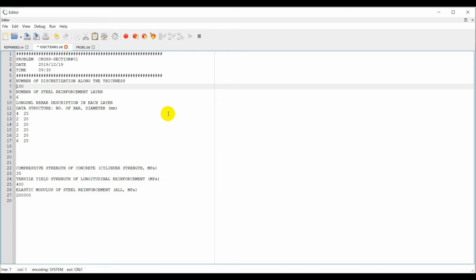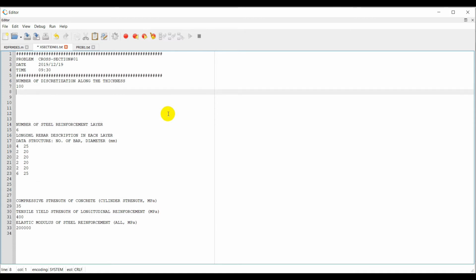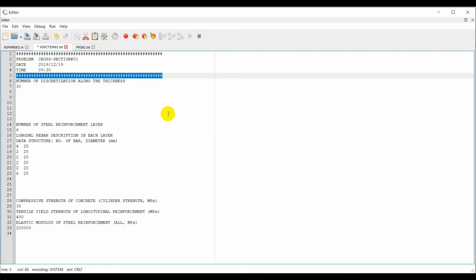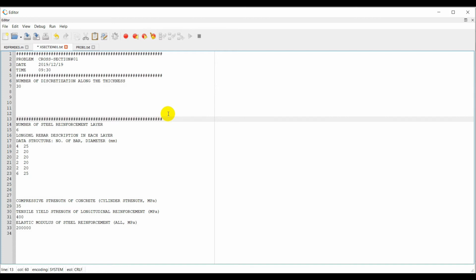headed for you. The point is, should we just list it down here? Yeah, I think it should be like that. So we list it down here. I make it 20 or 30. We can generate these parameters, this description in Excel, and then copy and paste it here. Number of discretization, this one is going to be like the